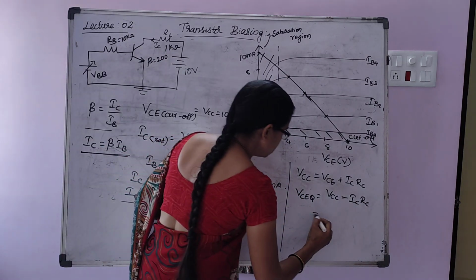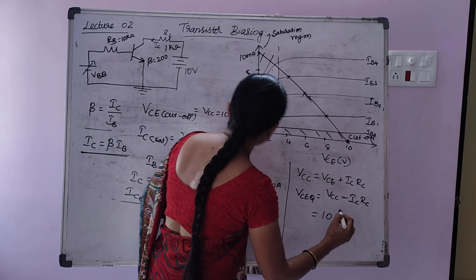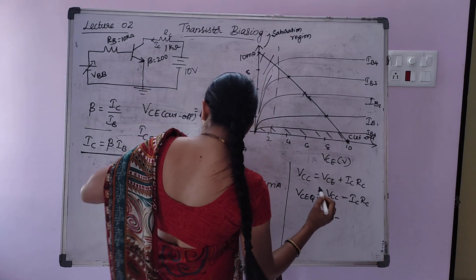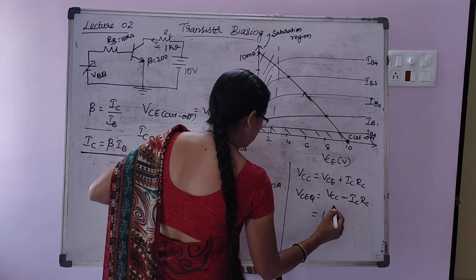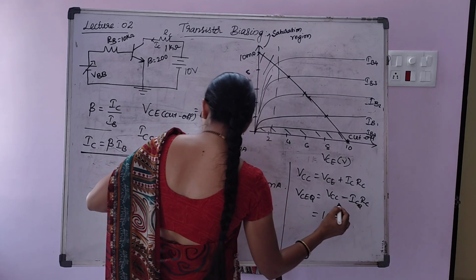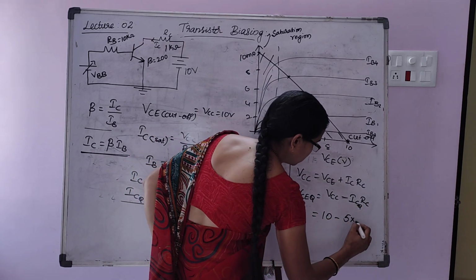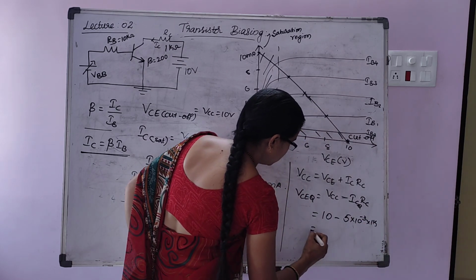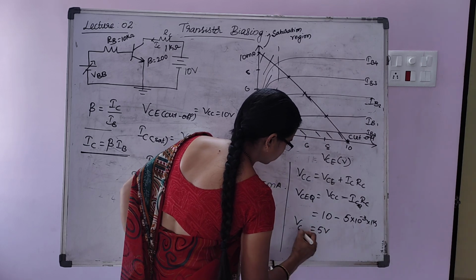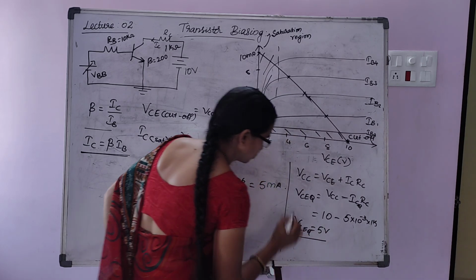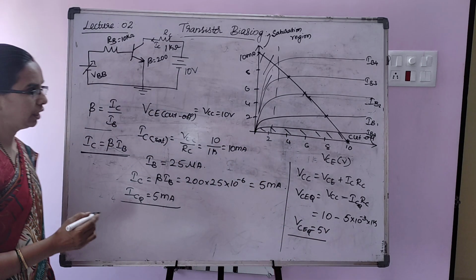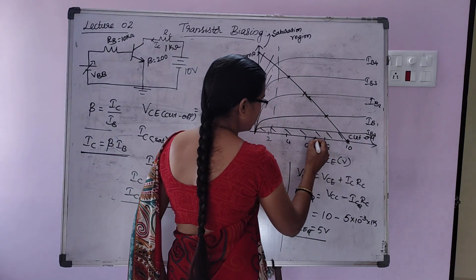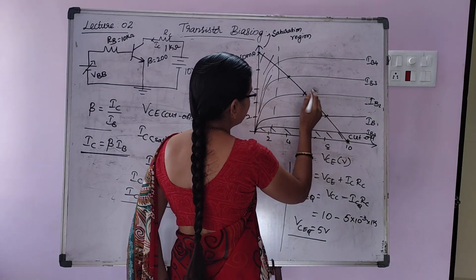So VCC is 10 volt, IC is, we have calculated ICQ, that is 5 milliamperes, into RC is 1 kilo, then it is 5 volt. VCEQ is 5 volt, that is somewhere around here. If you draw a straight line,